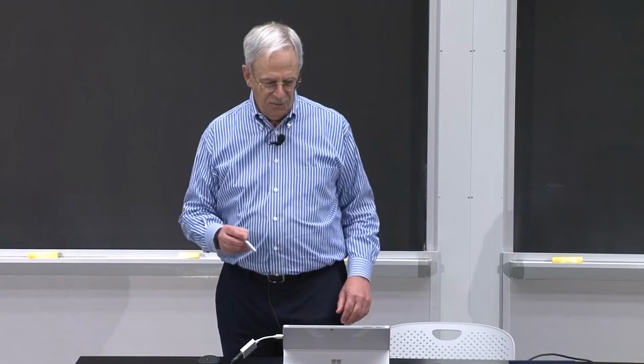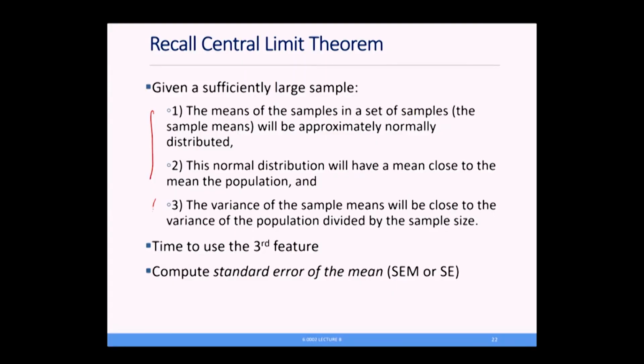Now I want to use the third piece of it, which is that the variance of the sample means will be close to the variance of the population divided by the sample size. And we're going to use that to compute something called the standard error, formerly the